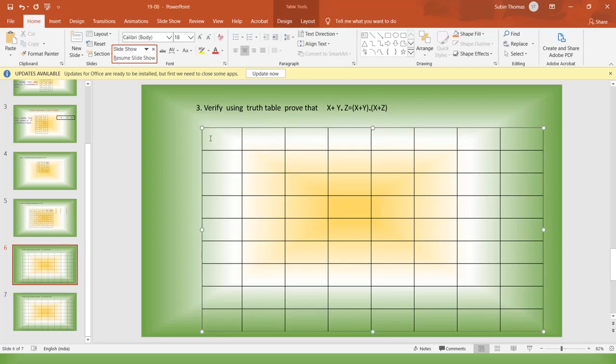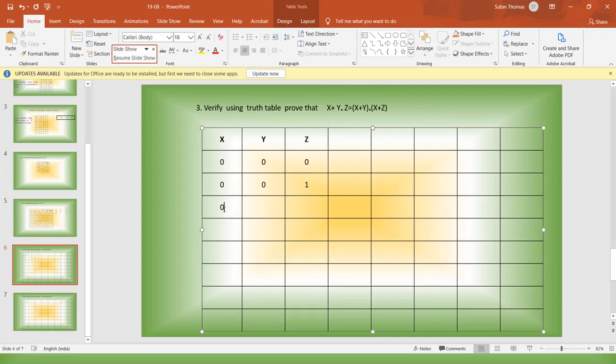Only 3 variables. So I'll write it as x, y and z. So first 0. How will you get 0? 0, 0, 0. And how will you get 1? 0, 0, 1. And how will you get 2? Just keep it in mind, 4, 2, 1 here. These places, this is 4, this is 2 and this is 1. Then it's easy for you to identify the numbers.